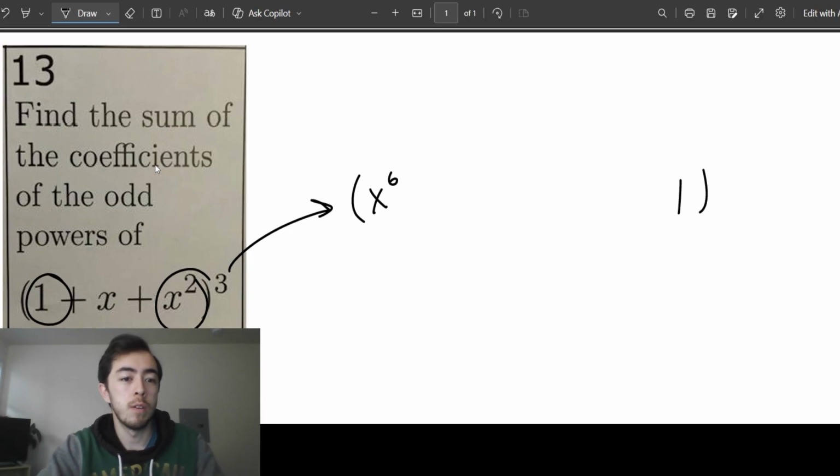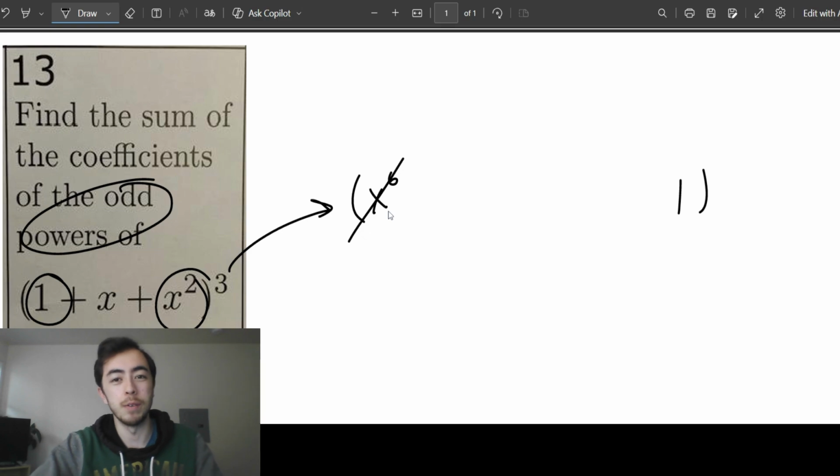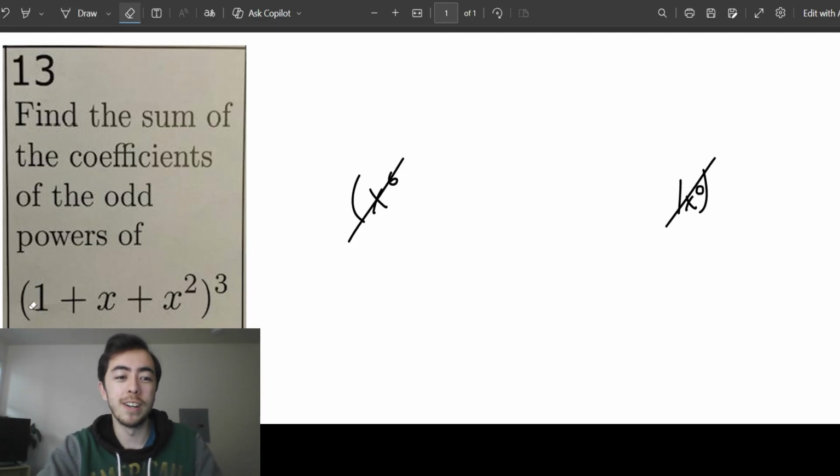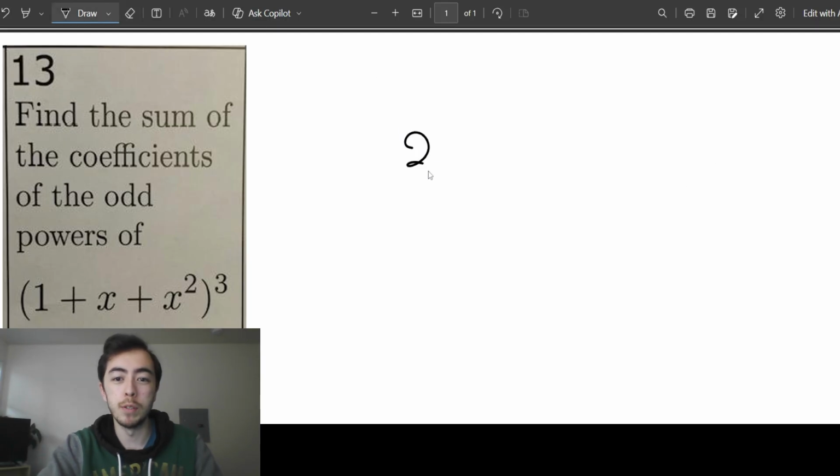Although we do want to learn more about the odd powers of this expansion. And so since this has a power of 6, I actually don't really care about that. Since this technically is a power of 0, and 0 is an even number, I don't really care about that either. We're going to need to know the coefficients, those multiplying numbers in front of our odd powers. Now, instead of solving this normally, though, I do want to solve this using a volume model,